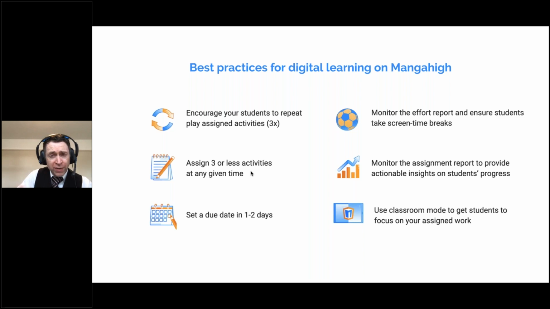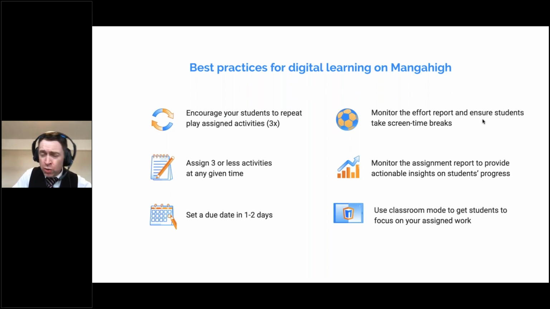If you want to assign lots of activities at the same time while you're sitting down at your computer so that you can be efficient, there's no harm in assigning 10 or 20 activities, but set the due dates in the future. Stagger the due dates, stagger the set dates so that the students don't see all of the activities suddenly there for them to do. Set a due date that's only 1 or 2 days in the future, or even just today, so that the students don't simply think, oh, this is the work that I've got to do over the next few months. If you do that, many of the students won't do those activities.